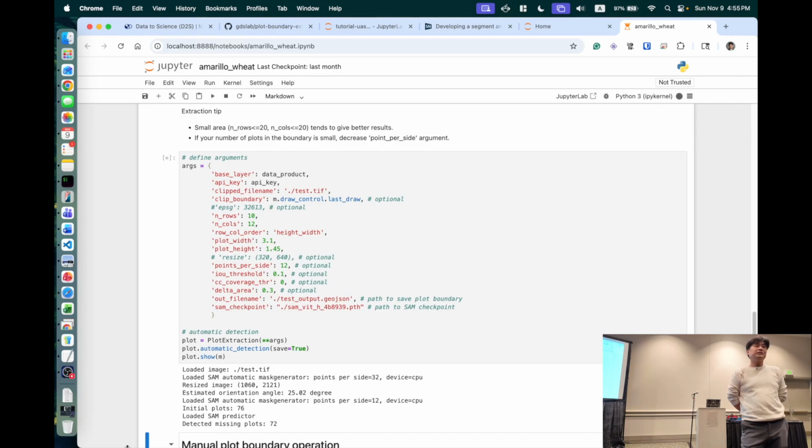But one advantage of this platform, like I mentioned earlier, is that we are not giving you a tool that will solve all your problems. I'm just trying to give you enough tools so that you can tweak it to work for your case. We have all the code here, and if you understand the code, you can change it in a way so that it may work for your specific case.